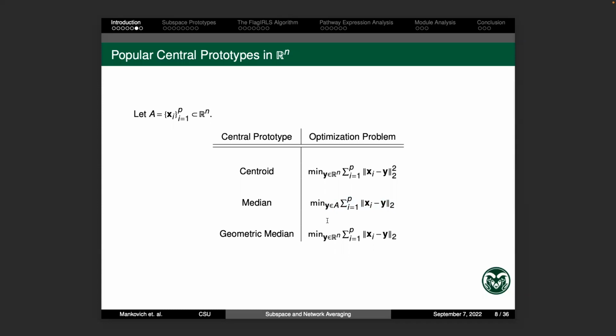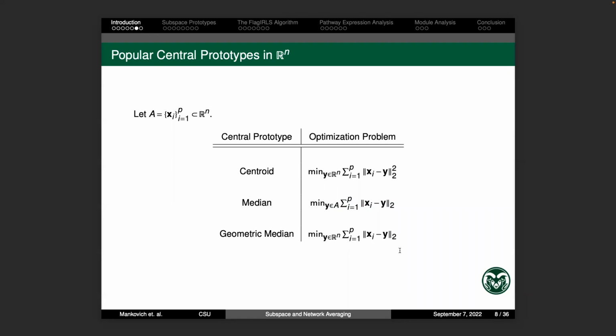And I guess now it's just the median, but it's optimized over all the real numbers. Again, the median and the geometric median are not convex, and hopefully we'll get to the point in this talk where I get to talk about algorithms for finding the geometric median, because in fact, just taking the derivative of this objective function and setting it equal to 0 and solving, you can't just solve it. You can develop an iterative scheme to give you an algorithm to find the solution to